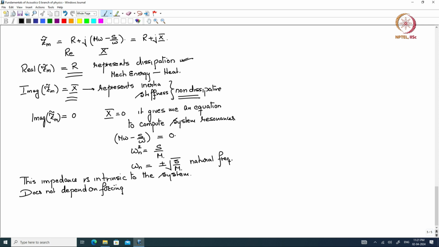Wherever this system is fixed, the system constituting the spring, the damper and the mass, wherever it is fixed in this manner, in this configuration, the impedance it offers is always this. So this issue of impedance being intrinsic to the system,